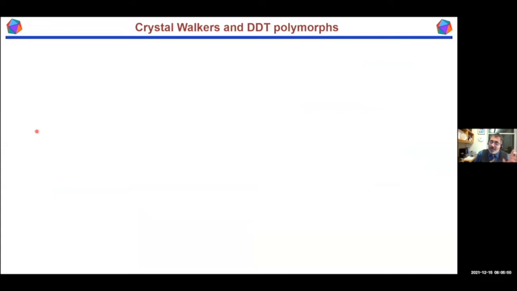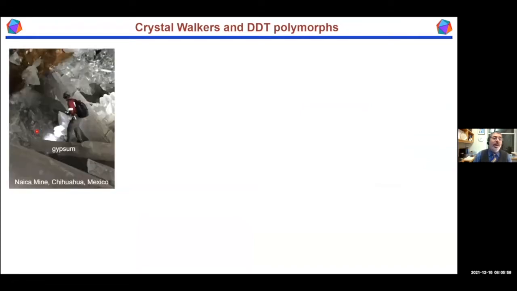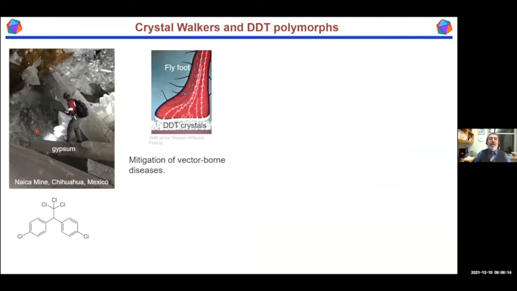This is much less known, but it turns out to be extremely important. And it has to do with contact insecticides. Okay, so my analogy for this is here's a guy walking on these beautiful crystals in a mine in Mexico. These are giant gypsum crystals. And so I call this guy a crystal walker. All right, and that's sort of a metaphor for what happens with the kinds of molecular crystals that are used